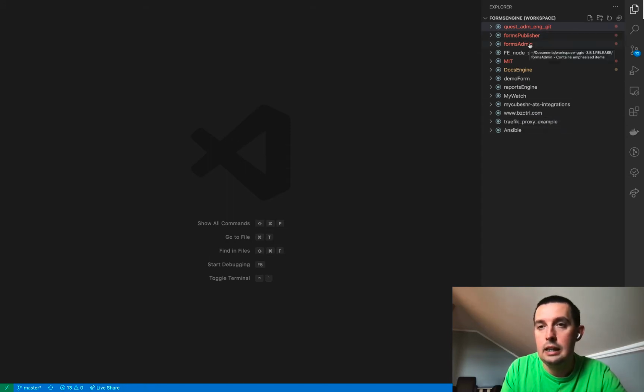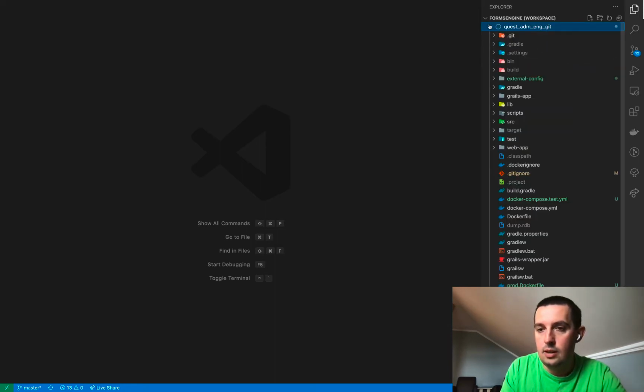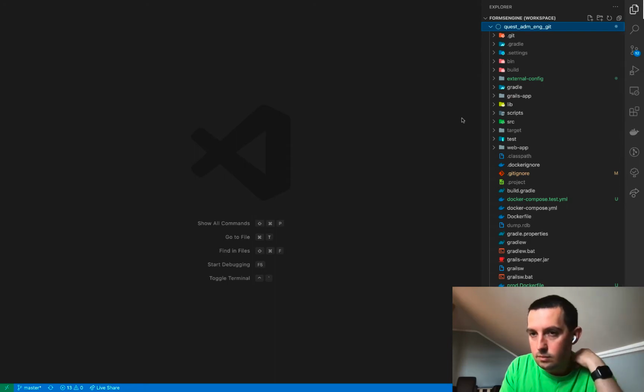I need them. But the most important is that this first folder is the FormsCreator, the second one Forms Publisher, Forms Admin we are not going to start locally, and this MIT is the Forms Integrator. But let's start with the FormsCreator. So here,